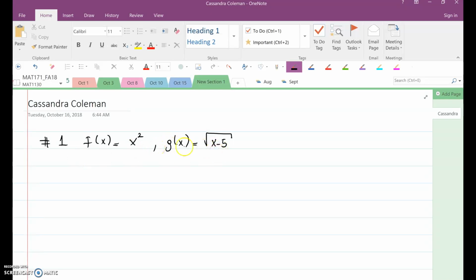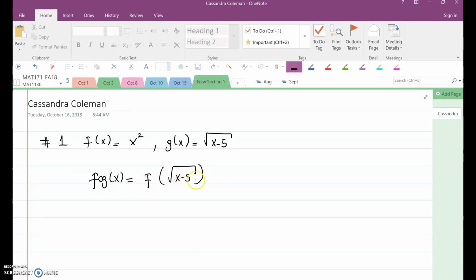So these are my questions. This is how it looks like. Everybody might have different f of x, g of x. So if you have f of x is equal to x squared and g of x is equal to square root of x minus 5, let's have a look what will be f of g of x. So it will be f of g will be